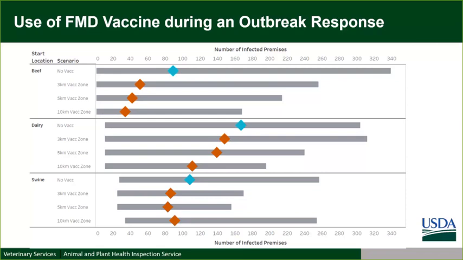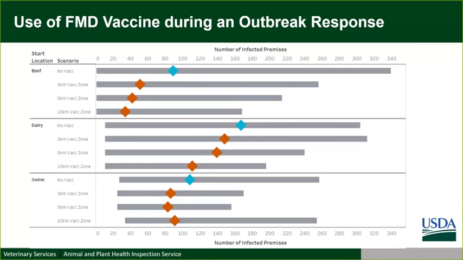And then in swine, interestingly, the most effect we see is when it's applied within a 5-kilometer zone around the detected premises. And then again, this starts with the infected swine company or commercial swine premises being infected for those scenarios. So some of that difference with swine is, I think, more so due to whether you decide to do the booster vaccine or not for swine, or even if you decide to vaccinate swine at all, you can still have risk in those areas, especially where you have cattle being close or within an area to swine.